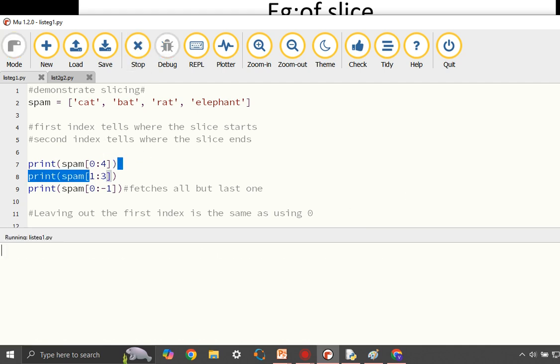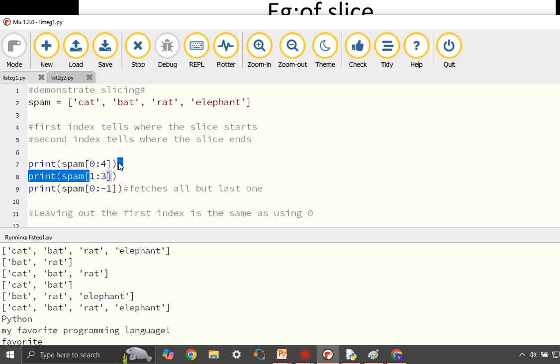So let's print this. This is the first print. When I give spam 0 colon 4, that means 0, 1, 2, 3. All cat, bat, rat, elephant will be displayed. So when I say spam 1 colon 3, that means we are going to start from the index 1 and go up to 2. 1 and 2. 3 is not included. So that means bat, rat will be